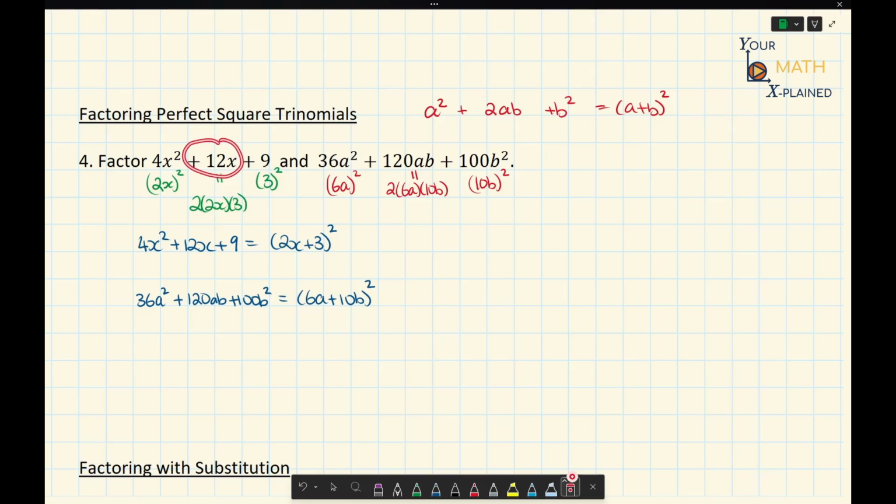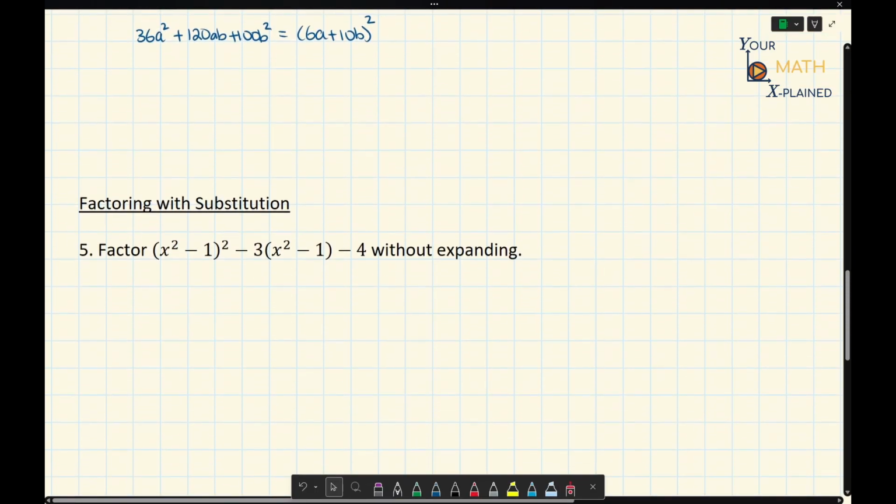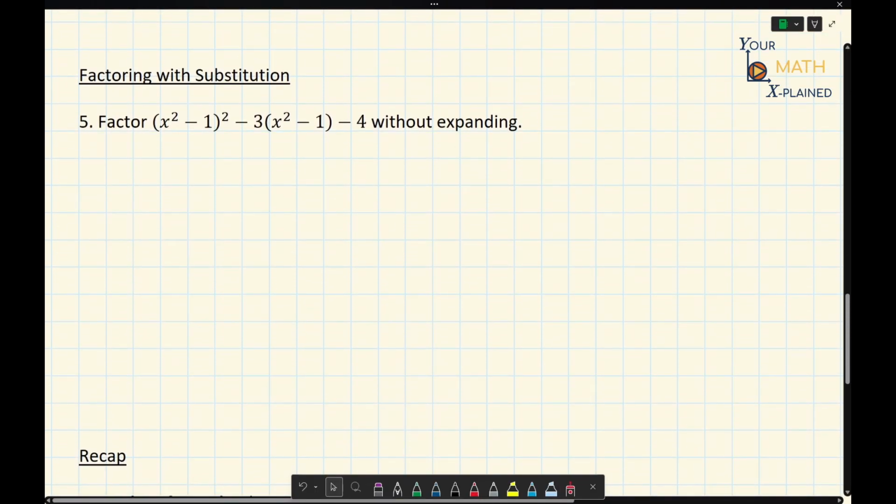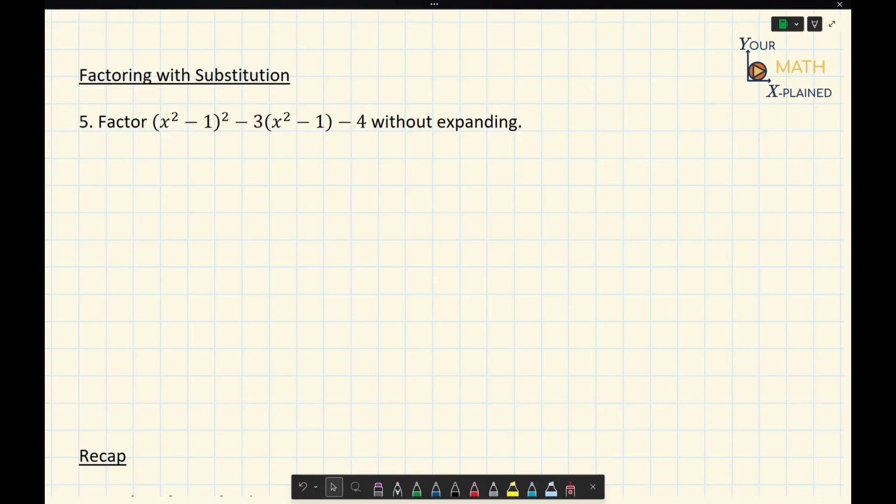If the middle term was negative, then when you factor, this is going to be a minus sign instead of a plus sign. And now finally, the last technique here is factoring with substitution. When an expression looks terrifying because the powers are high, you can change the perspective. You swap out a repeating group of variables for a single letter so that you can make it into a simple quadratic expression. So for this example here, we don't want to factor everything out because